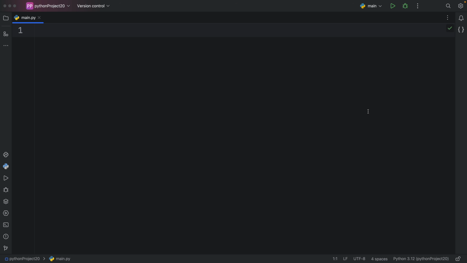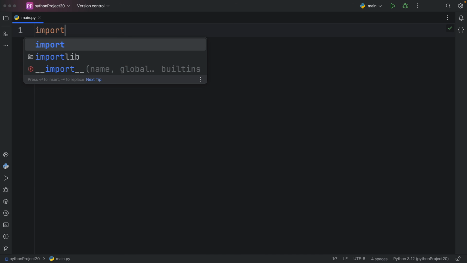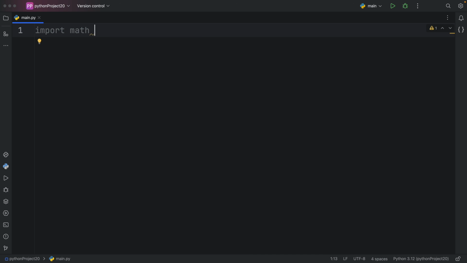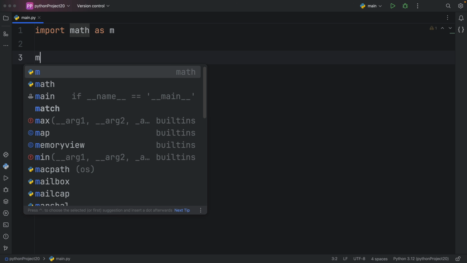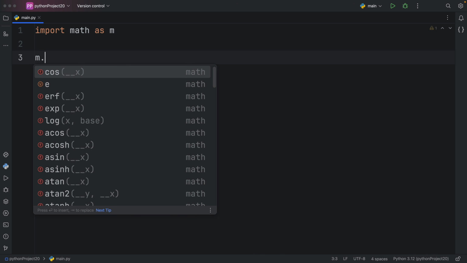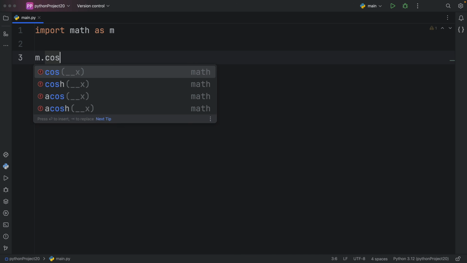Moving on to keyword number 5, as. As is used to give an alias to a module. For example, if you're importing math, you can import it as m to keep it short. So now we don't have to explicitly refer to math each time we want to use the math module. We can just type in m and use dot notation to use any of its methods, such as cosine, and